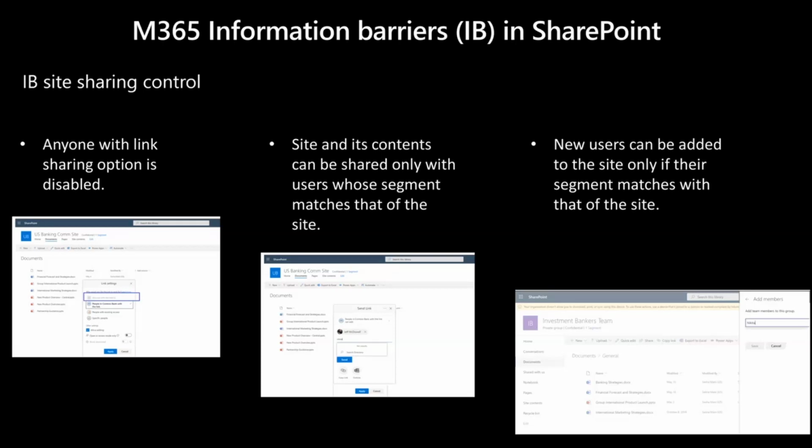And the third thing that we have done is that new users can be added to the site only if their segment matches that of the site. As you can clearly see, we have done work to ensure that the people picker experiences, whether you are sharing a site or bringing in a new member, also honor IB policy to make sure that the right members, whose segment matches that of the site, get added to the site.